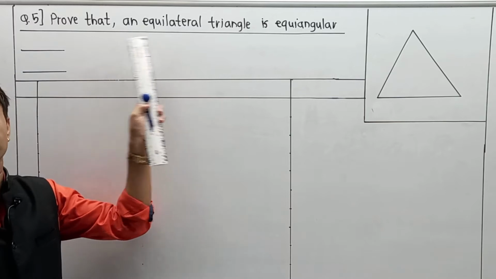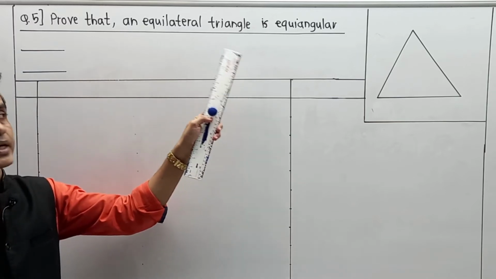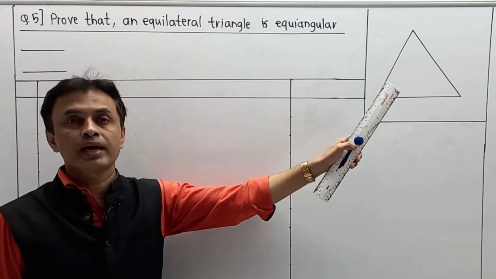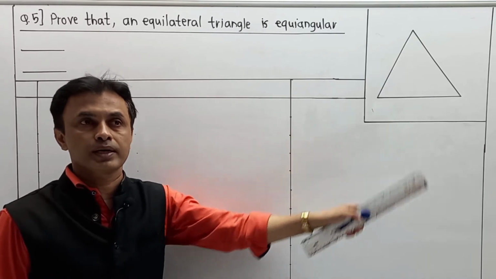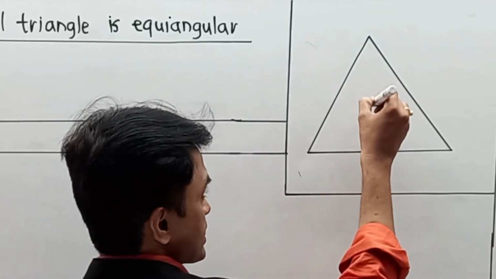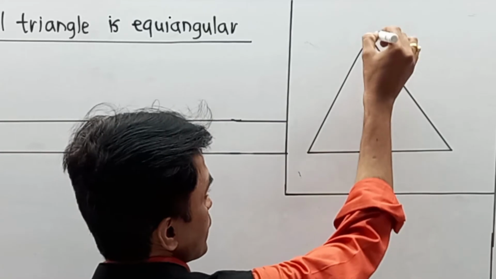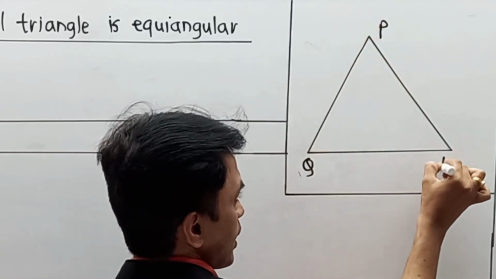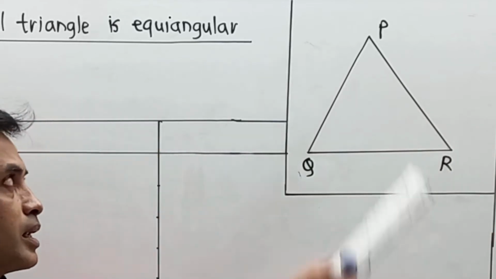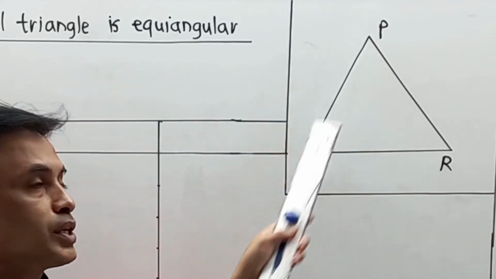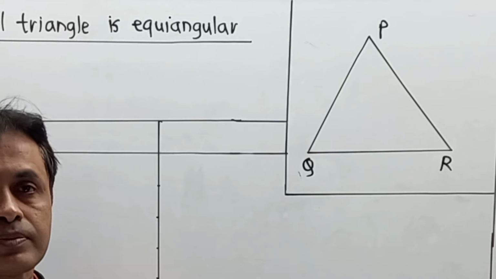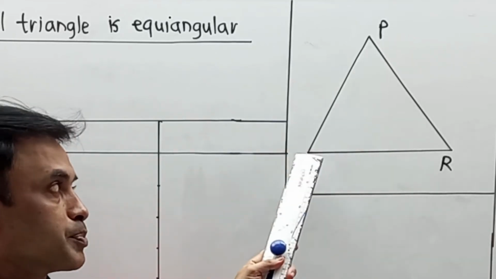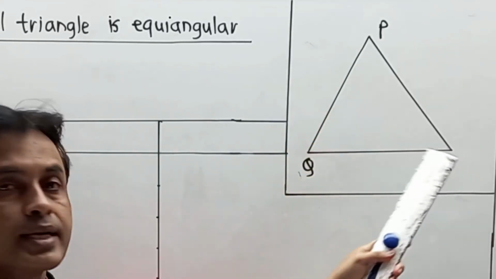According to this proof theorem statement, I am going to draw one diagram, and with the help of the diagram I am going to clear all the parts. So one by one, let us say this is the given triangle, and just as nomenclature I am going to call this triangle PQR. Now in this triangle PQR, the first side is PQ, the second side is QR, and the third side is PR.